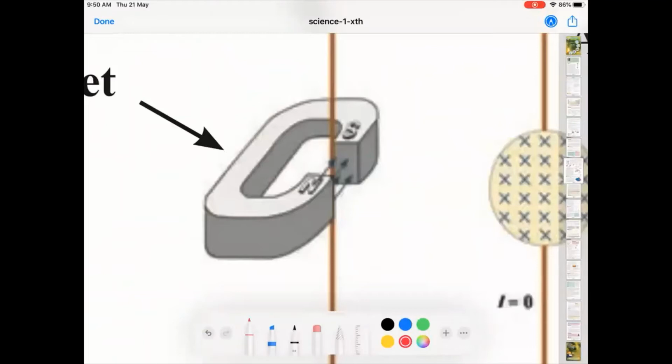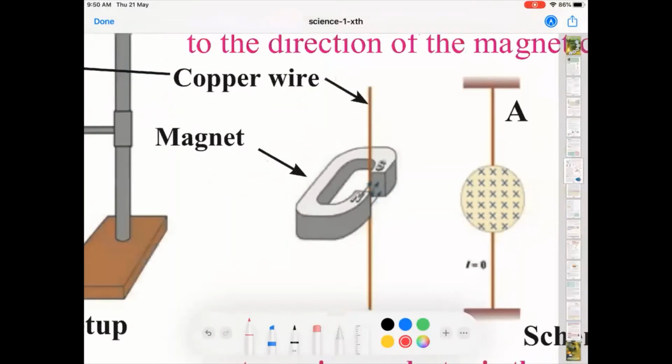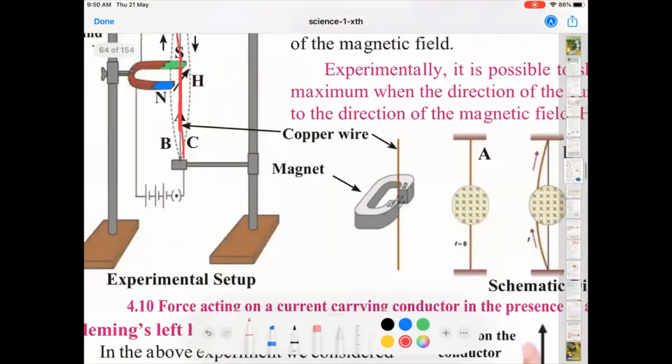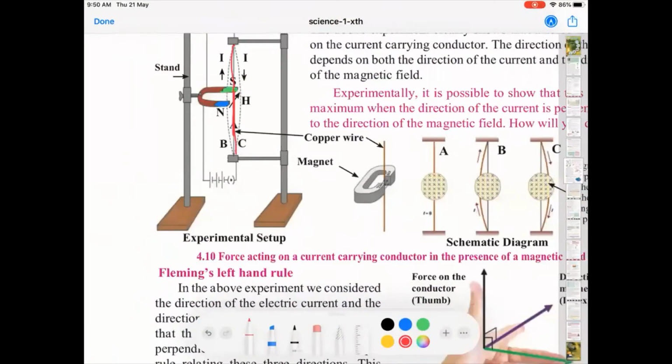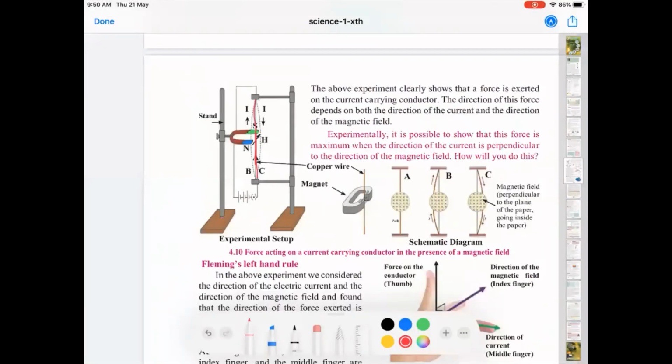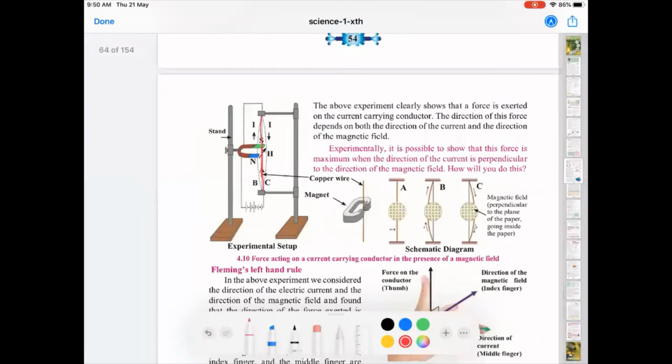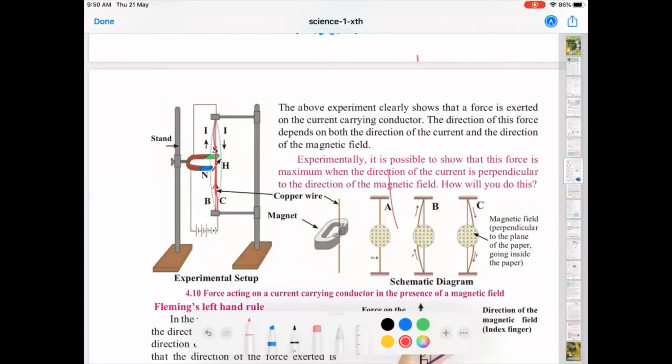You can see how clear the arrangement is. There is a magnetic field acting on this wire, and that magnetic field is moving from the north pole to the south pole. Another interesting point is that this wire has to be connected to a source of charge, that is, to an electric circuit, so that current flows through the wire. Now when current flows through the wire, what can happen? We will read what is given in the textbook so that we know the actual words, and then later we will put it in our own words.